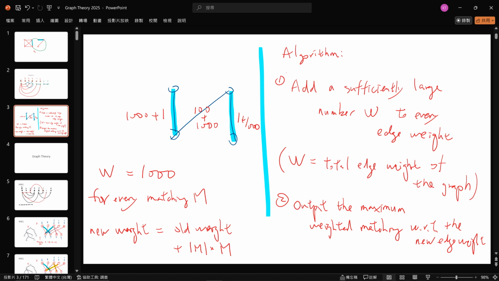What is the new weight? Let's consider this matching. The old weight is just 1 plus 1, so we choose these 2 edges, each one has a weight of 1. And the new weight